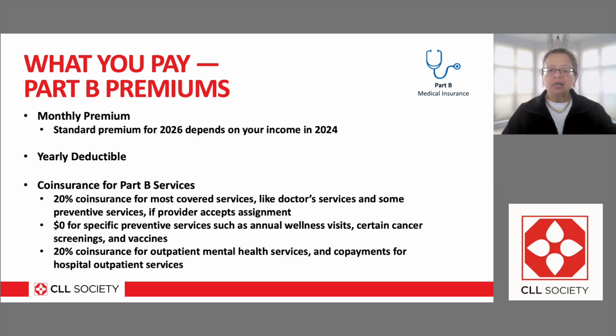Once coverage kicks in after you've met your deductible, for the remainder you pay co-pays and co-insurance, that is your 20% or $20 or whatever the case may be, depending on